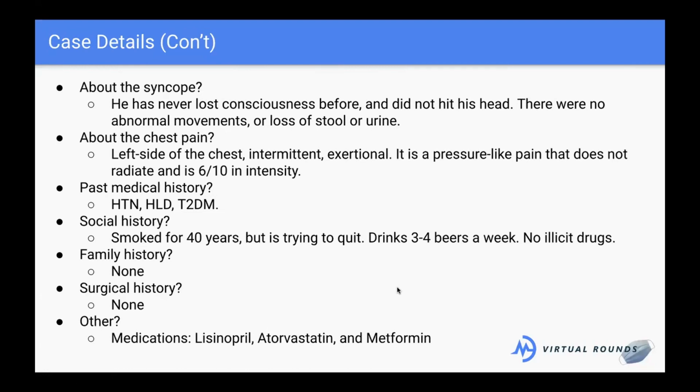I was telling people last week, I've known people who had pack years smoking up in the hundreds, not because they're 300 years old, but because they smoked an obscene amount of cigarette packs a day. So let's say for the sake of this case that it's 40 pack years of smoking. He was a 1 pack a day guy, but he is trying to quit. We got to give him credit for that. Great question. Good catch.